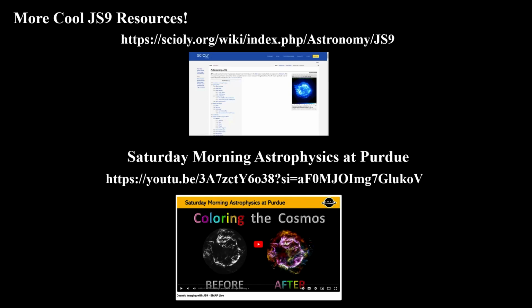If you click on the Astronomy JS9, do a search for that, up comes this very interesting tutorial. It was actually written by one of my co-event national supervisors for astronomy, Rio Sessions. He is incredibly good with JS9.